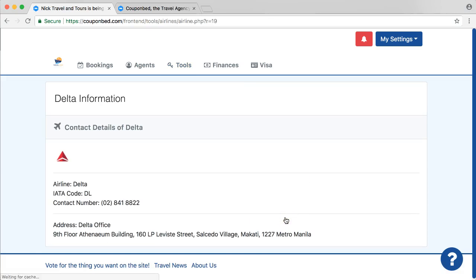You just click here on Delta Airlines, and once you do that, you can see their official logo, you can see their name, you can see the information or their IATA code, their phone number in the Philippines, which is very important. And of course, in case you want to contact their office, you can even visit their office in